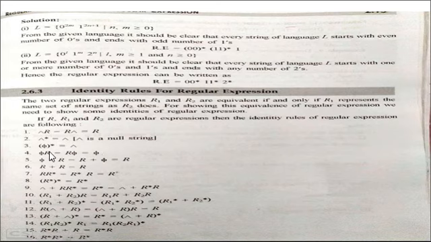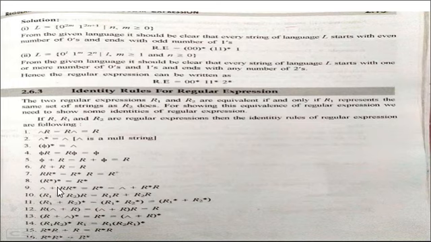Third point is phi closure equal to null. Fourth point is phi into R equal to R into phi equal to phi. Finally we find phi. This is commutative rules. Fifth point is phi plus R equal to R plus phi equal to R. Sixth is R plus R equal to R. Seventh, R into R closure equal to R closure into R equal to R plus.